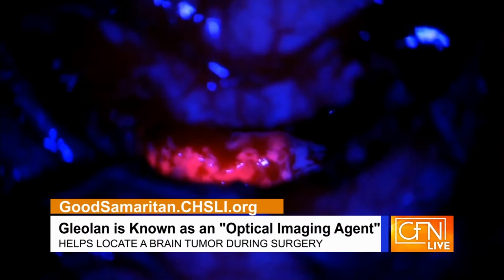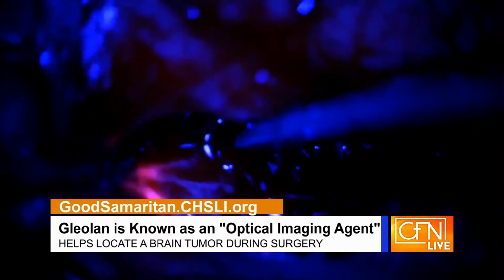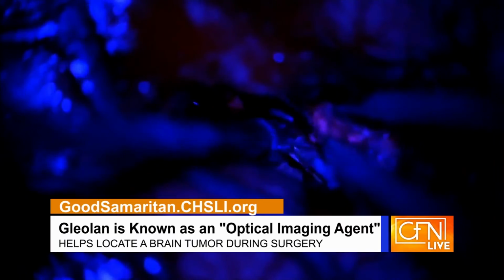fluoresce pink/violet light. What is the implication of this? It makes the tumor very easily identifiable and visible by the surgeon, and which makes the complete resection possible, feasible, and it eventually translates in significantly decreased chance of tumor recurrence, residual tumors, and eventually it extends the patient's life, and it leads to